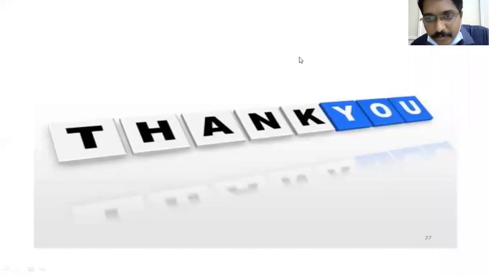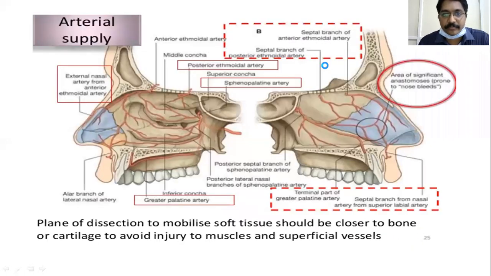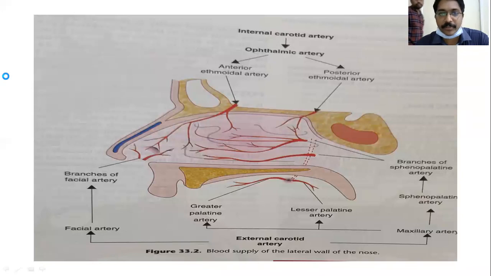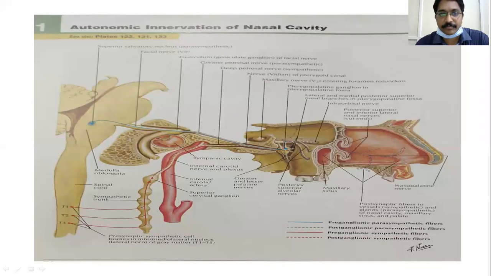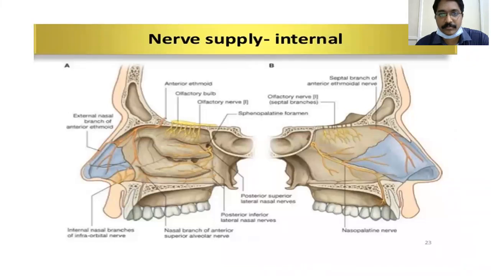Once again, I'll show you the diagram, then we'll understand better. I told you now the roof of the nose, the horizontal part, is formed by the cribriform plate. This is the cribriform plate. Through this the olfactory nerve passes. Any trauma to this cribriform plate causes anosmia and even CSF rhinorrhea also. Okay, the roof of the nose is formed by the cribriform plate.